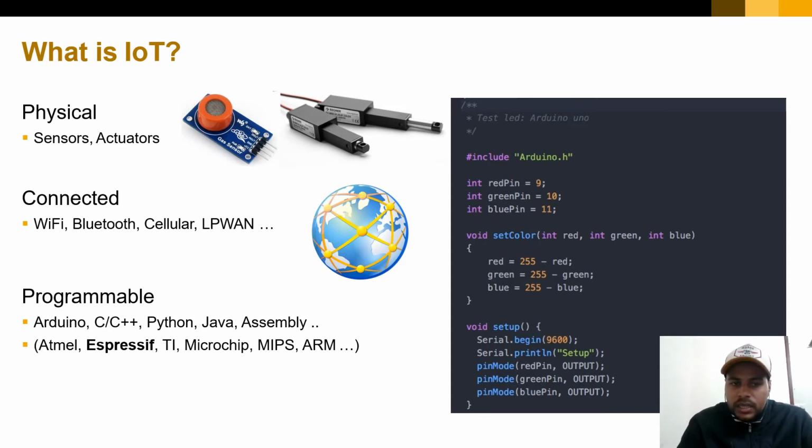Then they are programmed with the help of, as you have heard, the Arduino kit and various programming languages like C, C++, Python, Java, and assembly. Various products are implemented with the help of these kits, Arduino and Raspberry Pi. These are all devices which are programmed, further connected, and provide an ecosystem for the operation of IoT devices.